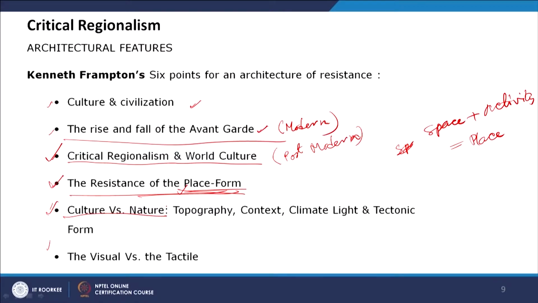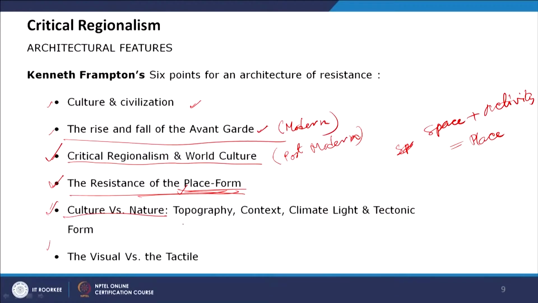People remember that place, like there's a connection within the memory of the people. Connaught Place is a place, it's not just a space. People remember that place in Delhi, which has vibrant activity going on and particular characteristics, and that becomes a place. So this people-centric design is part of the change he was talking about. Then culture versus nature.